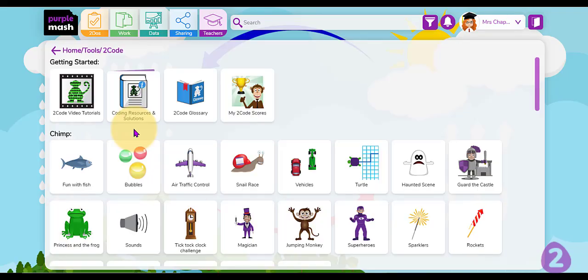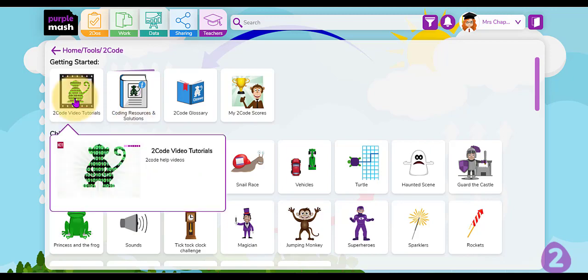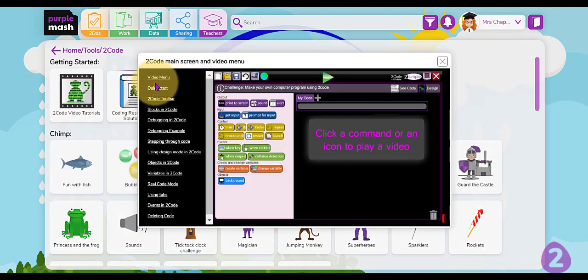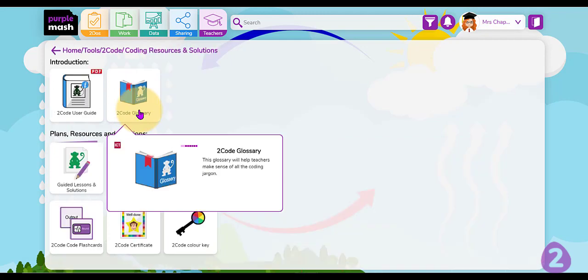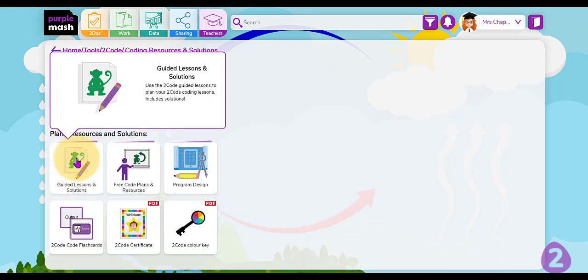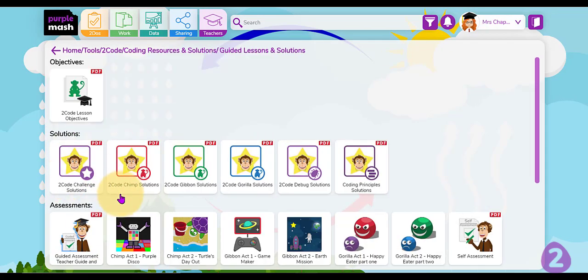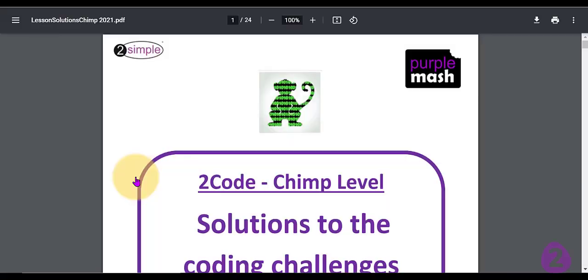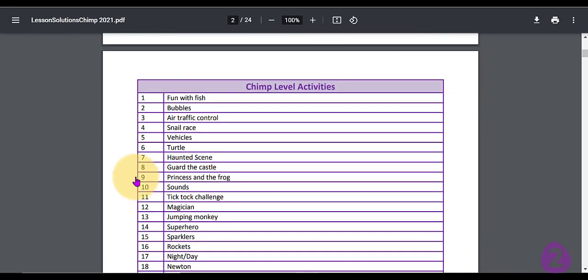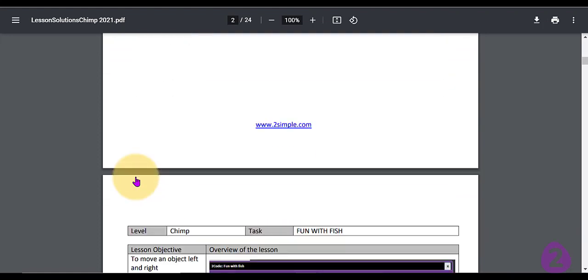Now I'm back here on the 2Code homepage. In here you have some 2Code video tutorials which will support teachers in understanding many of the coding principles taught through 2Code. There are further supporting documents here in the Coding Resources and Solutions area. If I go here into the Guided Lessons and Solutions area, you will find the solutions to all of the guided lessons in Chimp. And if I scroll down, you'll see the 19 guided lessons there in Chimp, and underneath